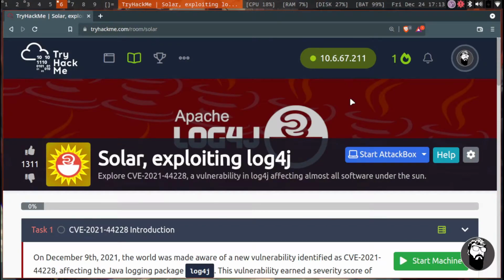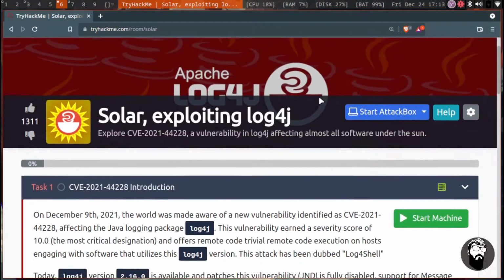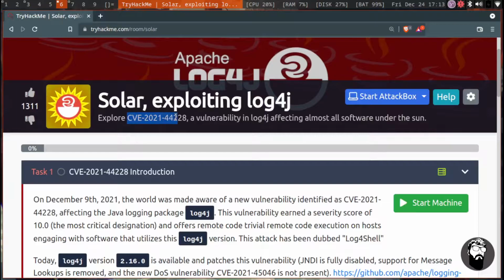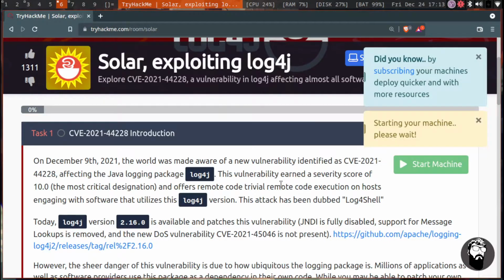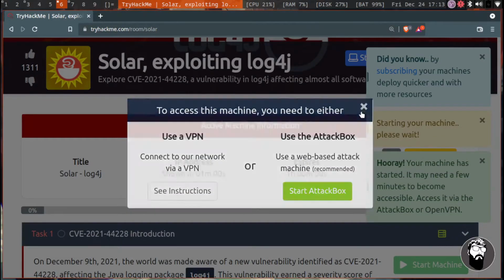Alright, so we are looking at this Log4j vulnerability in the Solar room. This is for CVE-2021-44228 and how to exploit this vulnerability. This room was created by John Hammond. If you haven't seen John's video on exploiting Log4j through Minecraft, I will link that in the video description below. It is a fantastic video and shows just how simple this vulnerability can be taken advantage of in order to get remote code execution. I'm going to go ahead and start this machine, and we'll take a look at the